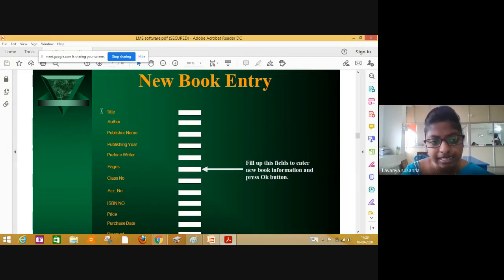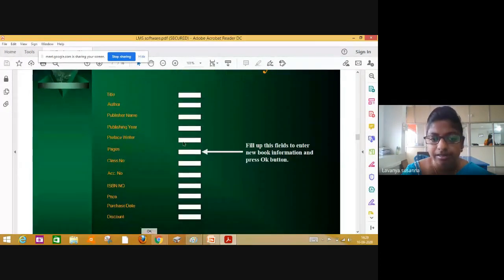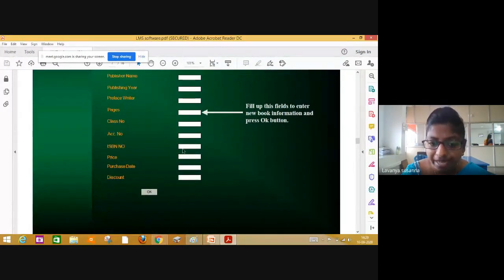That means this title will become an attribute which describes the book. Author, see here, you need to enter the title of the book, which book you want, and the author of the book, and publisher name, publishing year, all these things. ISBN number, there will be an ISBN number, International Standard Book Number, for every book.